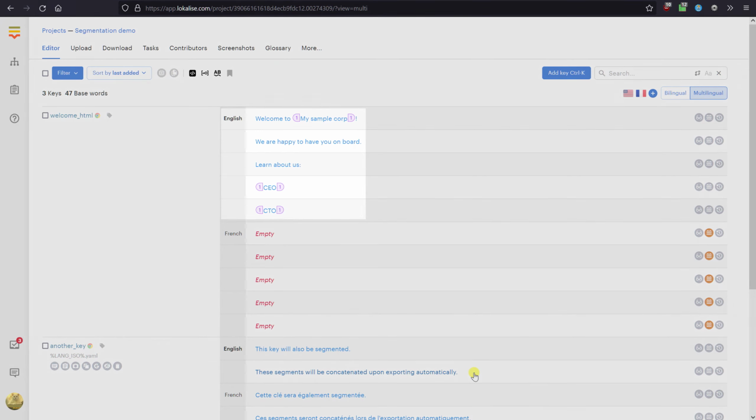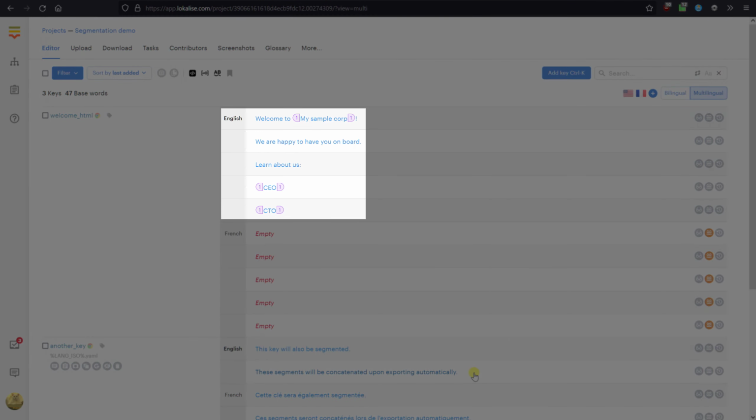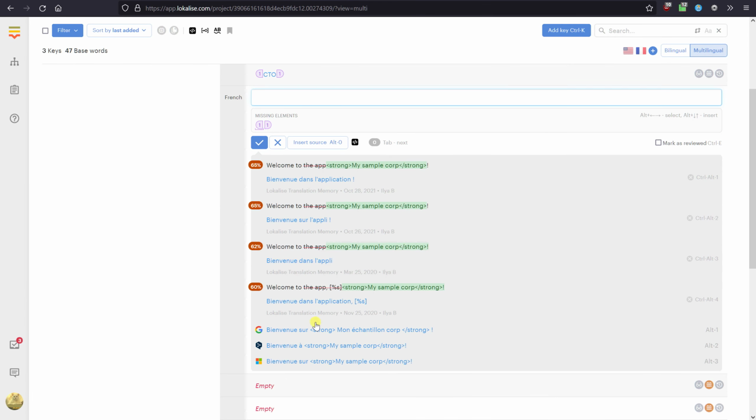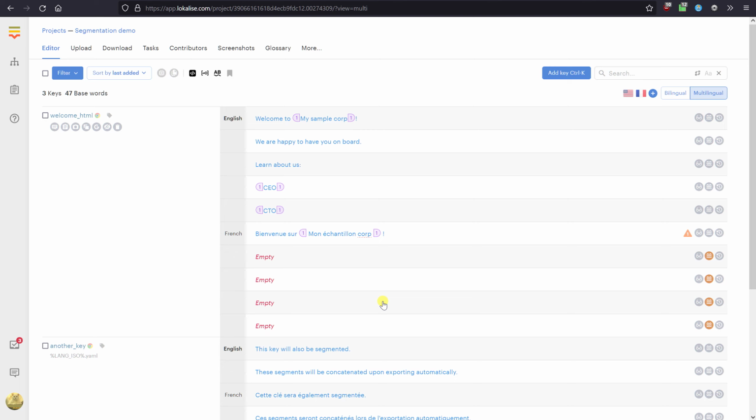As you can see, all the inline tags are present in the segments, whereas all the block tags were stripped out. However, this does not mean that the block tags are lost. No, they are simply hidden in the project editor. When you go to export your translation keys, all block tags and any white spaces between them will be restored automatically. There are some specifics that you should be aware of.